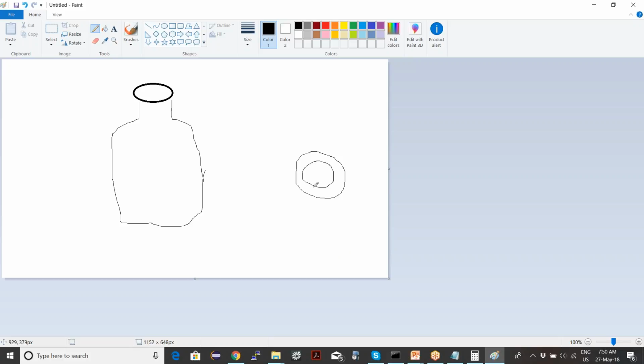So both are actually projections of the 3D object, a 3D figure, into 2D. Now out of these two, which one is better? This one or this one? This is suppose 1 and this is 2. Which one you think is a better projection? 1 or 2? 1, right? So though both are correct projections, this one is a better projection.